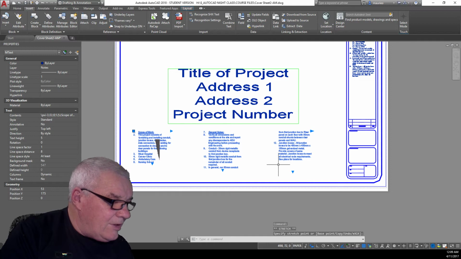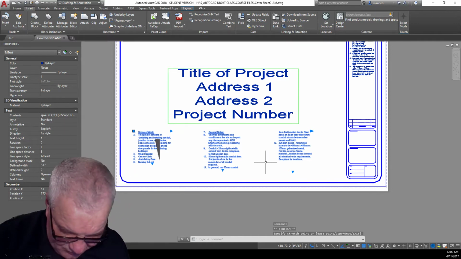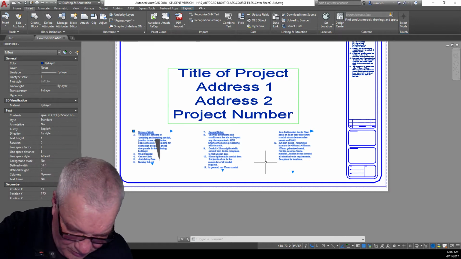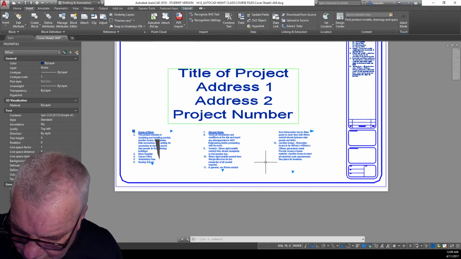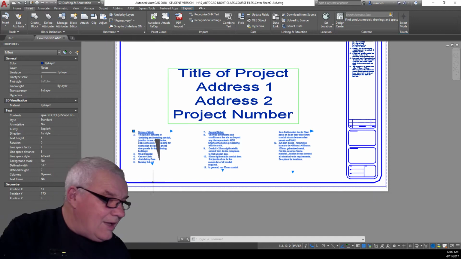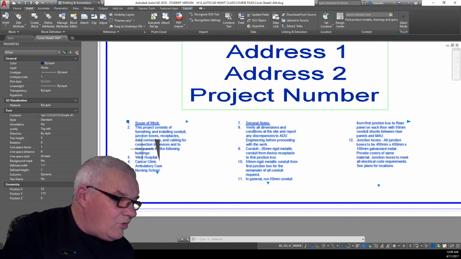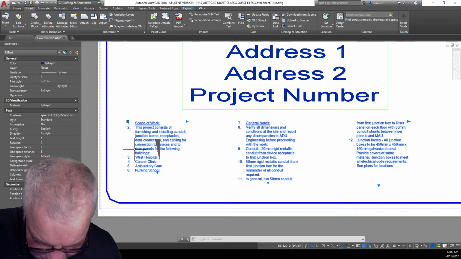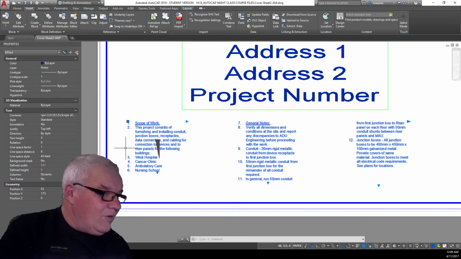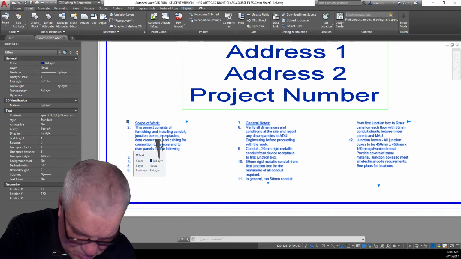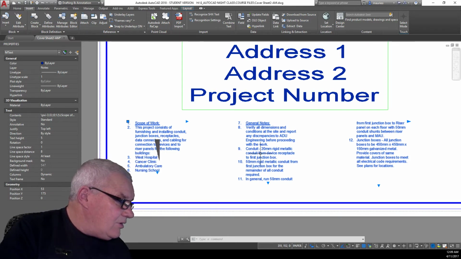because the numbering hasn't been changed. So this one came up. This is perhaps the wrong text, is it? No, scope of work. So this project consists of, but yeah, and then that's going like that. Okay,